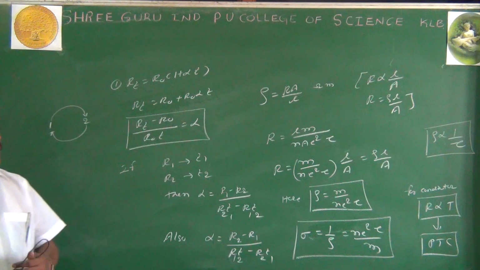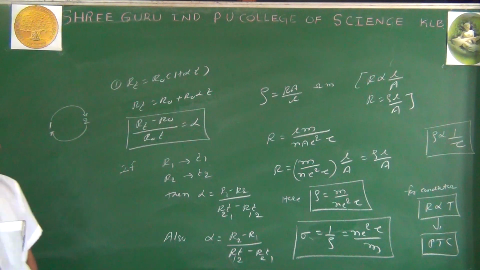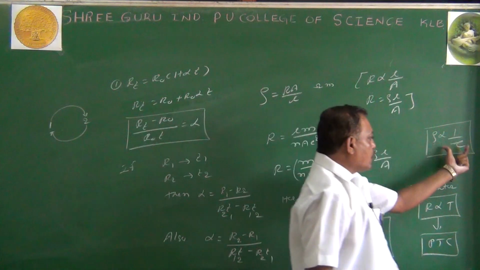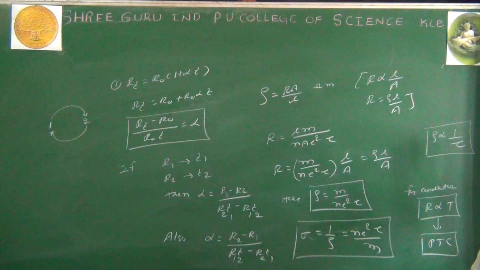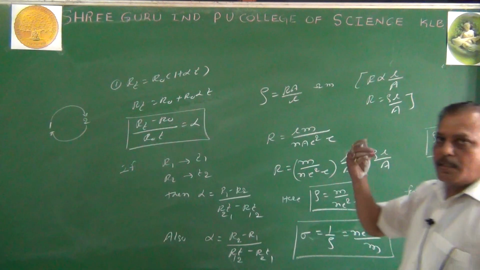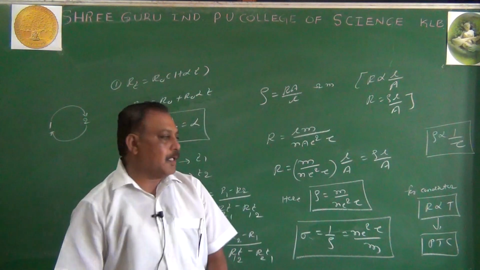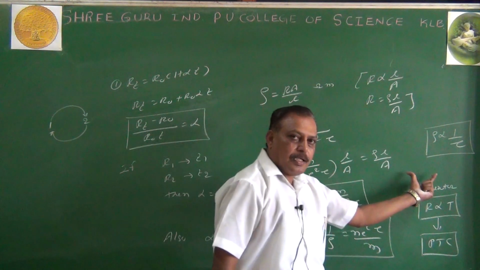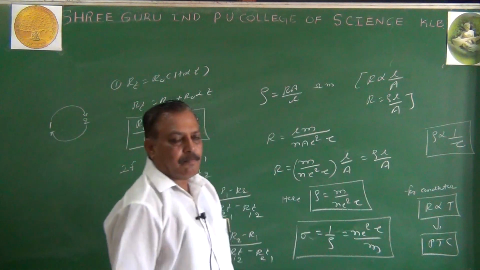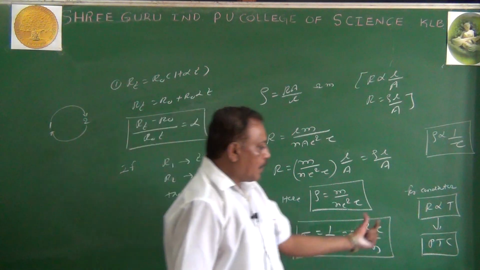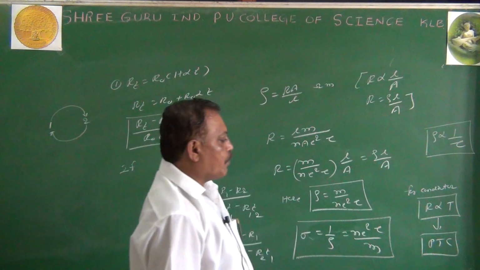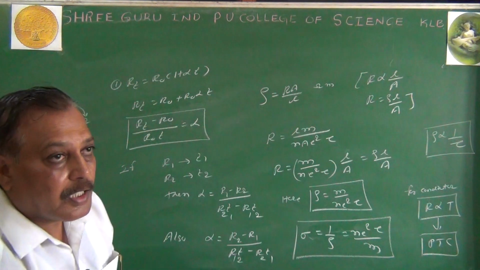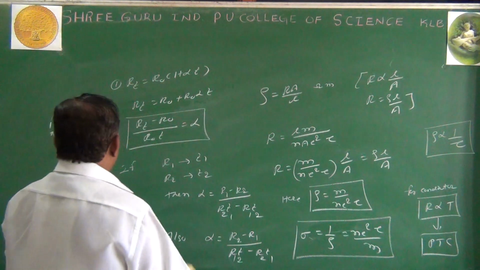What is the root cause for varying the resistance and resistivity? From the equation, rho is inversely proportional to relaxation time. As the temperature increases, relaxation time decreases. As the relaxation time decreases, resistivity increases. As the resistivity increases, resistance increases with temperature. Then we can establish the relation between resistance and temperature for a conductor: directly proportional. So these types of materials are called positive temperature coefficient materials. Conductors belong to what? Positive temperature coefficient. Similarly for insulators and semiconductors.